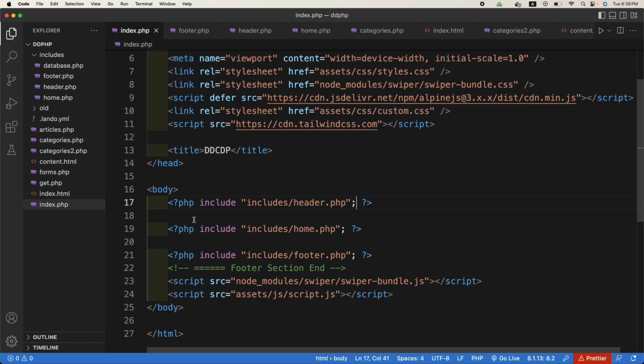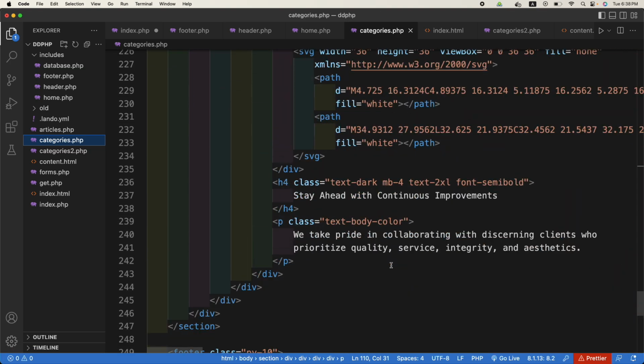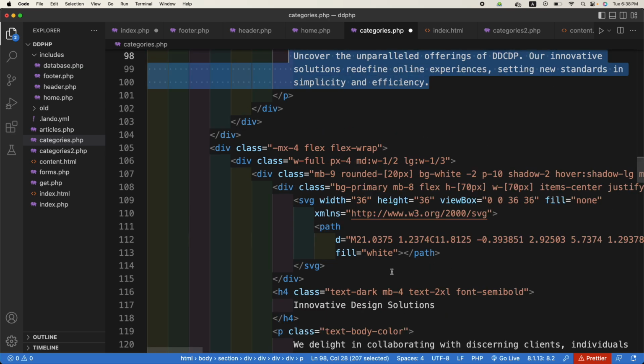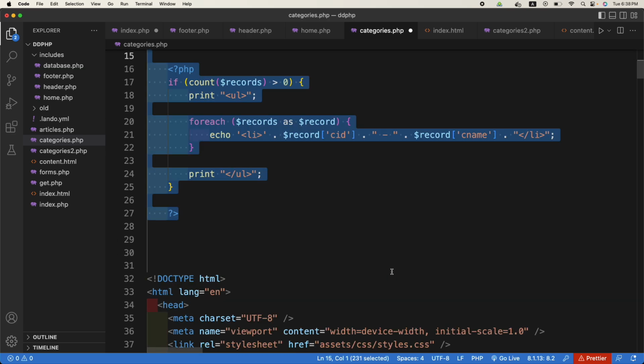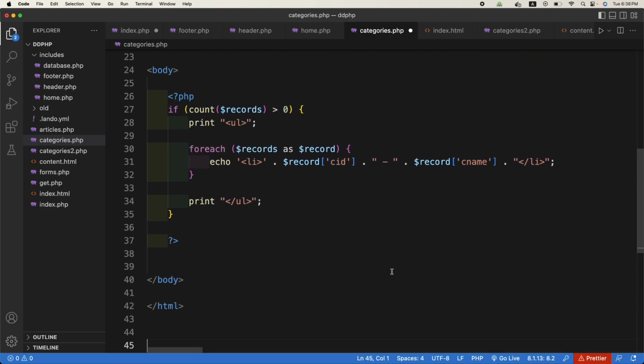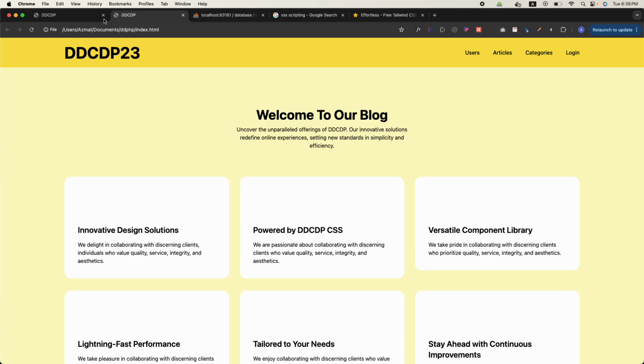By default, for example, I need to include index.php here. Sorry, categories.php. Do you remember how was the output of categories.php? Maybe we already have copied all this HTML, so let me just Control Z. This is the old categories.php. So if I go to this site and